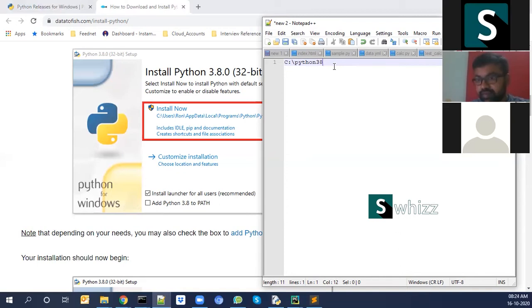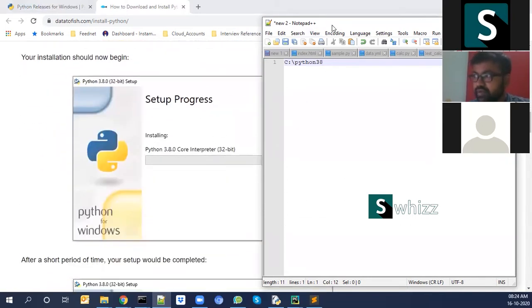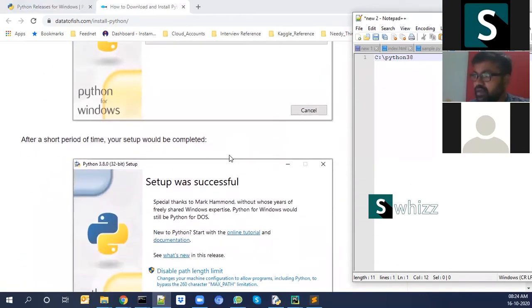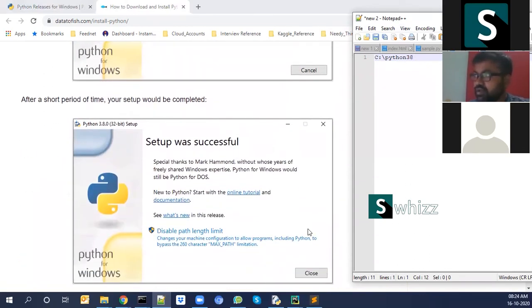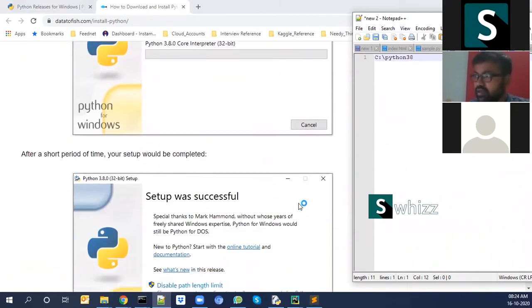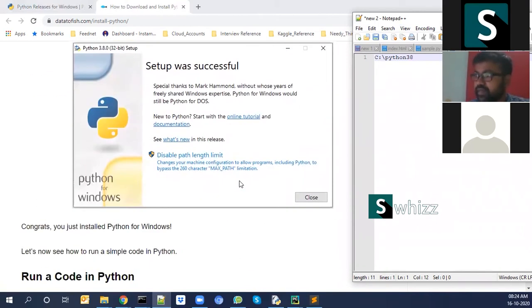Okay. And I gave this path. Should I click install or browse? No, no, no. After giving the path, click install. Okay. It's initializing. So this page will come, right? Installation Python 3.8.2. This screen will pop up. And once you reach setup was successful, then close the window. After completing installation, you'll get a pop-up like this.